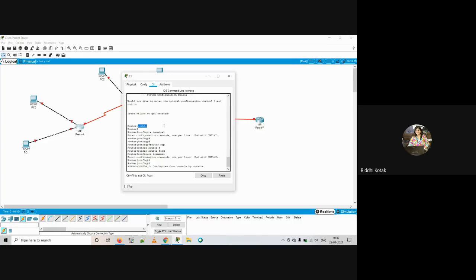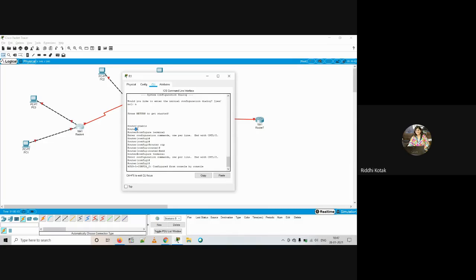Then, if you want to apply some configuration step, you have to write configure space terminal, every command in small letters. And once you press enter, it will go into config mode. Initially it will be like this, router and an opening bracket. Next you will enable it.